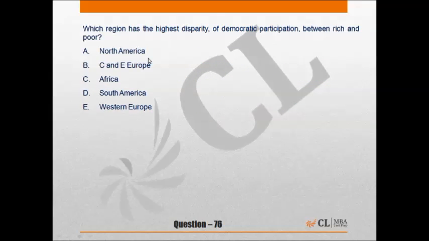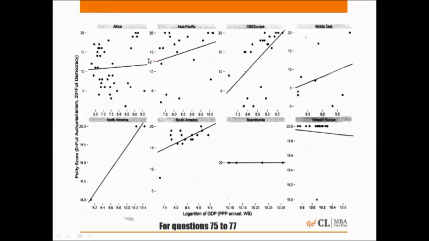Let's move to the next question. Here it is asking which region has the highest disparity of democratic participation between rich and poor. For this question we don't need to do any calculation or estimation, we just have to look at the graph and see which region depicts maximum disparity for democratic participation between rich and poor. From the graph it becomes obvious that the answer has to be CNE Europe, as the polity score